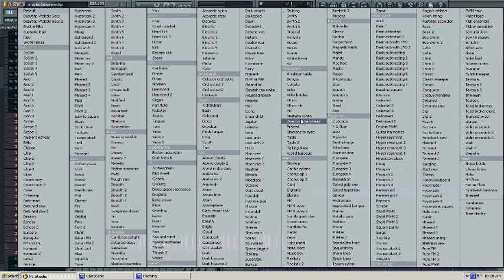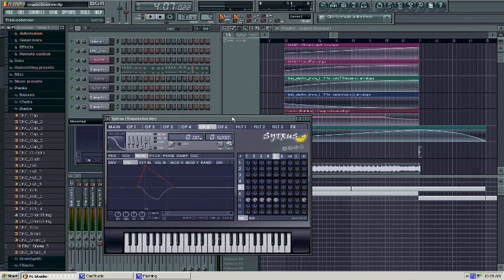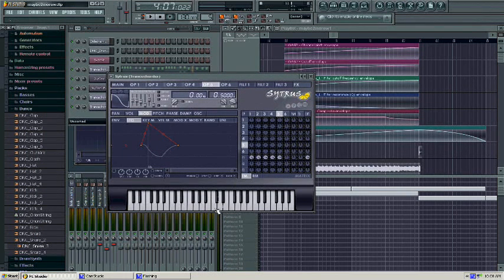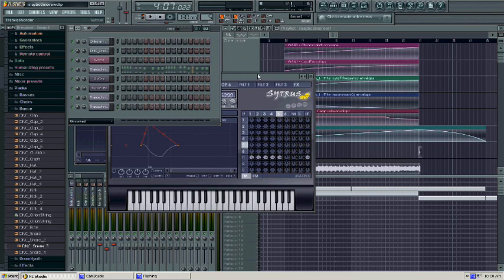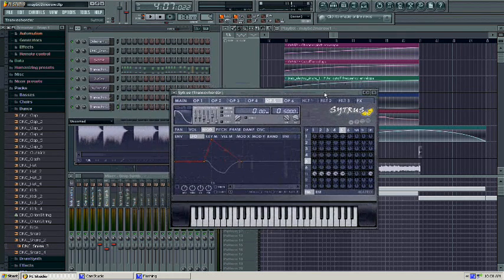I based the synthesizer off of a preset. It's under Synth String, and it's called Transcorder right there. Now, by itself, it sounds pretty lame. Here's what it sounds like with the preset. So I don't know, it's pretty boring. So I had to spice that up a lot, so I changed a lot of stuff.